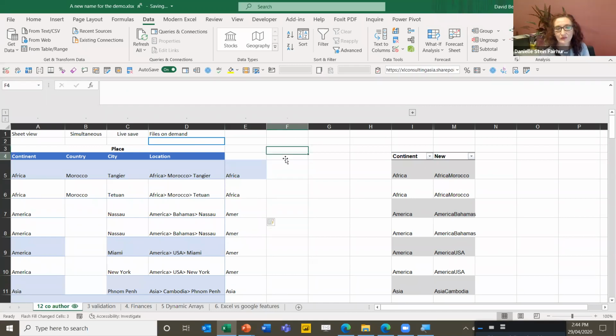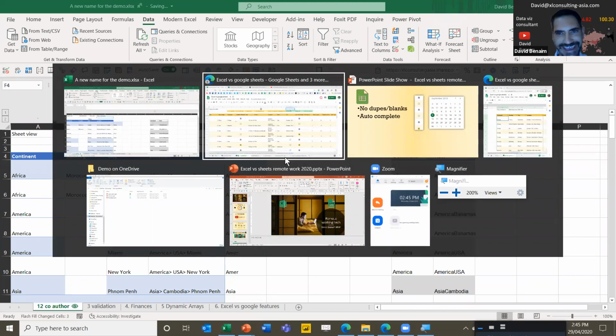So Flash Fill is machine learning. It allows you to change the steps that you do the first time for future times as well. And does Google not use Flash Fill? Google has no Flash Fill. Google has no go-to special. Annoyed, but yeah. All right, so that's the end of that section.